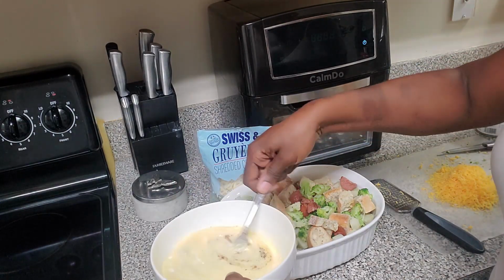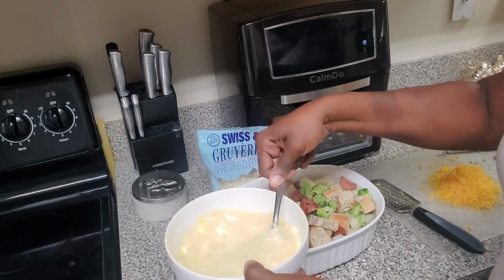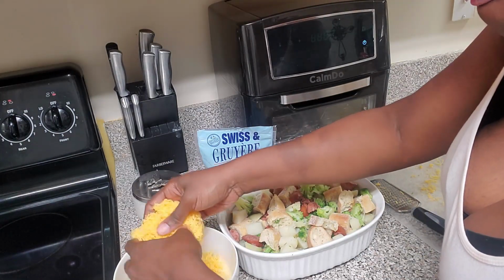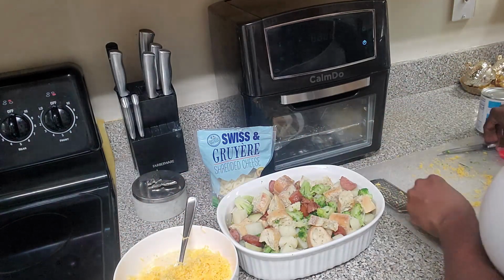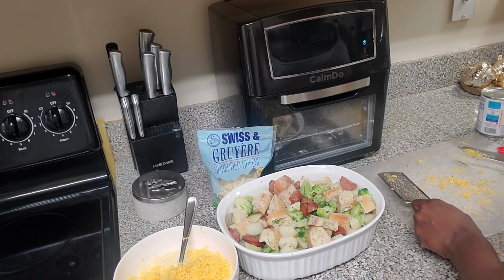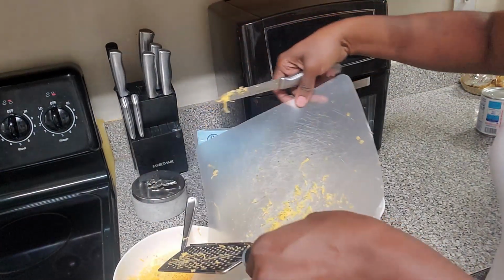Okay, so we are going to mix all that together again. And now we're going to add our shredded cheddar cheese. So I would say that is about a cup of the shredded cheddar cheese. And if you want to, it just depends on how cheesy you want it,